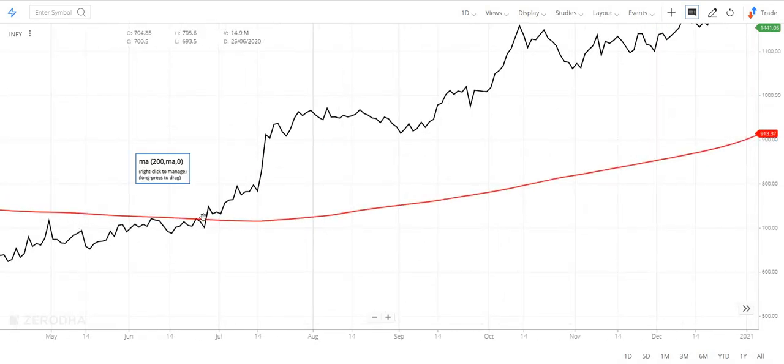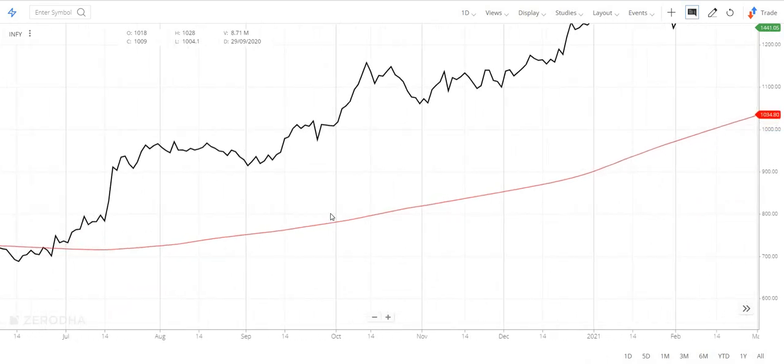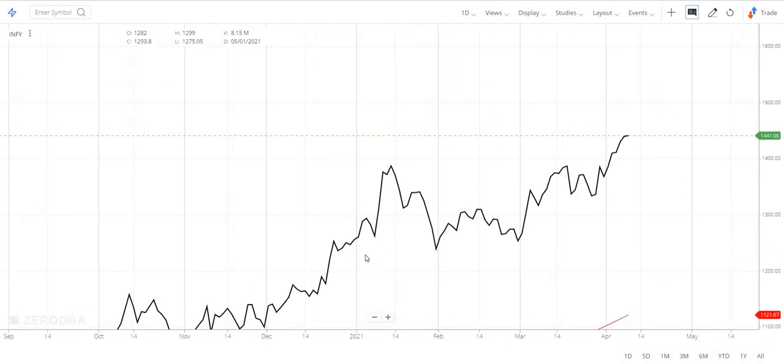Here you can see it has given a call right here. A buy call. The Infosys stock has crossed this SMA here, so this was the perfect buy call. It doesn't mean that you can't buy now. You can also buy now because this stock is in the bull zone. When a stock is in the bull zone, obviously you can buy, and there is a risk you have to take, but this is the simplest way to identify.